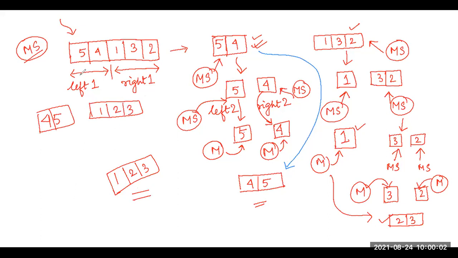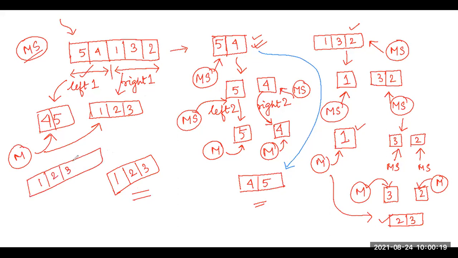Right? So my left part is sorted and my right part is also sorted now. Now again I will call the merge algorithm on both of these sorted arrays, so that finally in my array, when it compares and stores, it will first store like this. So given an array like this, finally we got our output like this.